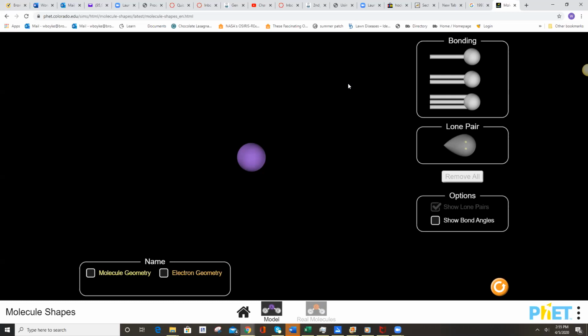We went through 1 through 4 on the first video. Now we're looking at 5 and 6 electron groups for this video. So 5 electron groups. I'm going to build our first molecule. Our first molecule is PCl5. When you look at the Lewis structure for PCl5, you're going to see you have 5 bonding groups, no lone pairs. So 5 total electron groups, 5 bonding groups, no lone pairs. Let's go ahead and build